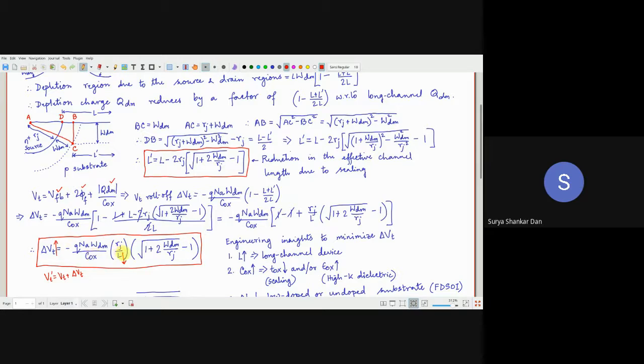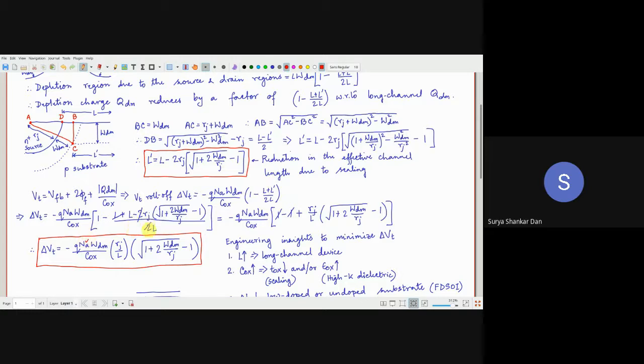What we understand is if we are making this L lower and lower as we are going down the technology, your delta VT increases. So that means delta VT is increasing on the negative side. So VT will decrease. Understood? This is one of the major advantages of developing physics-based mathematical models. So now we understand that it is not just the capital L in the picture. It will also depend on many other factors over here, for example, NA.